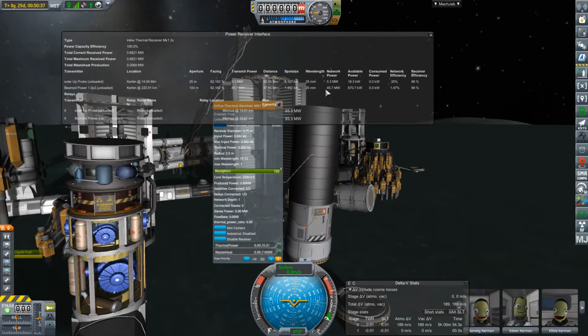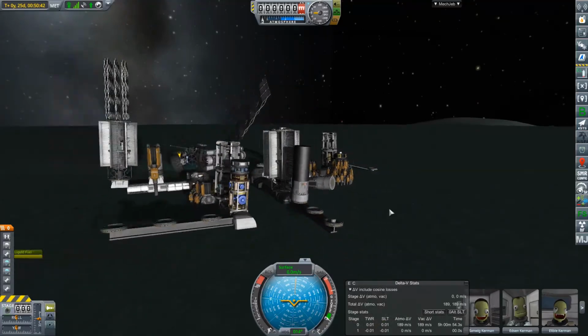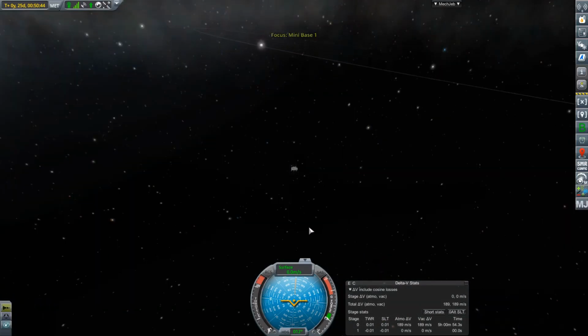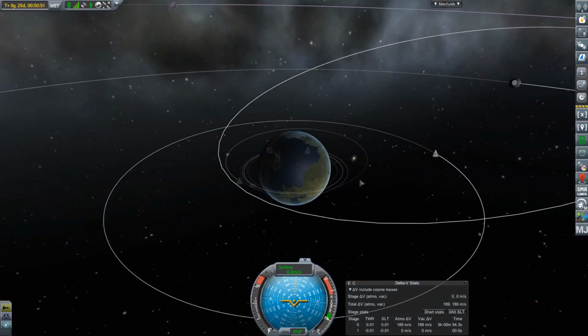There are 45 megawatts of power available in space. I should be receiving a boatload of energy, but nope, no luck. And that's because